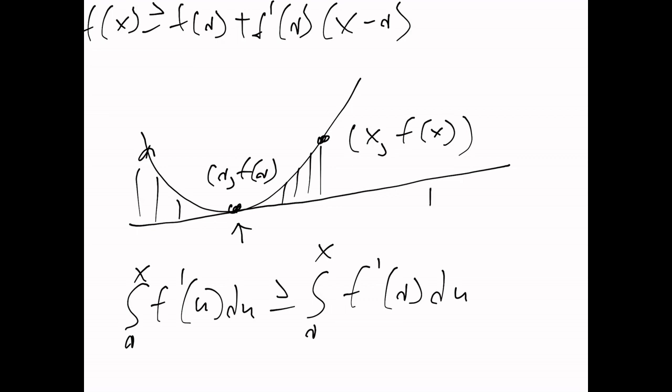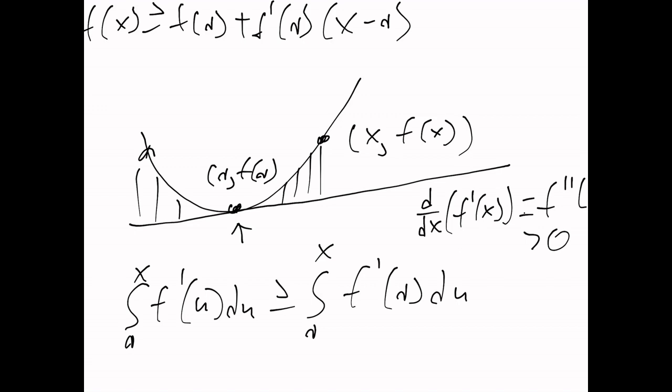We know that the derivative of f prime of x is going to be equal to f double prime of x. So f double prime of x is really the slope of f prime of x. Since we know that this is going to be greater than 0, since it's convex,